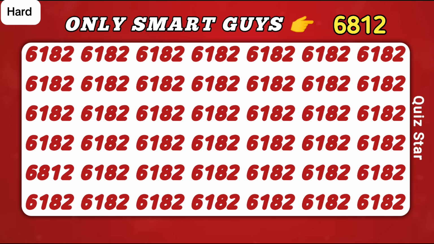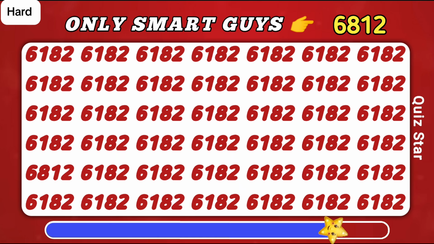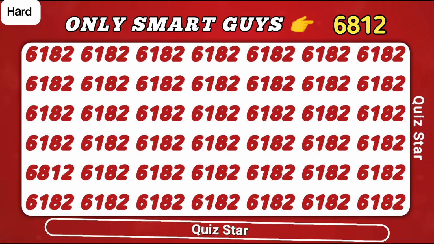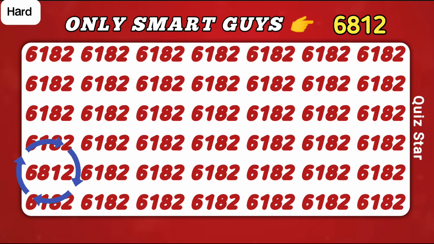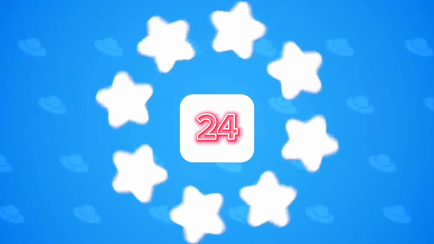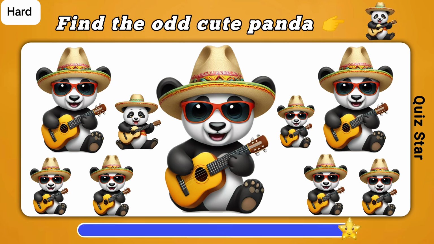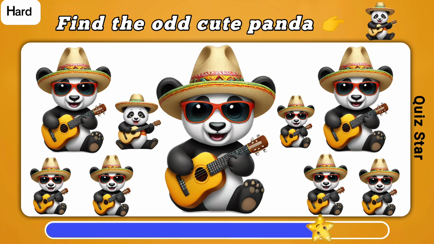Only smart guys find 68 and 12. Hey, perfect! You are smart, guys. Find the odd cute panda.